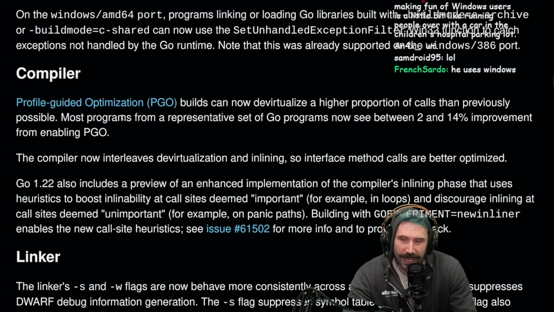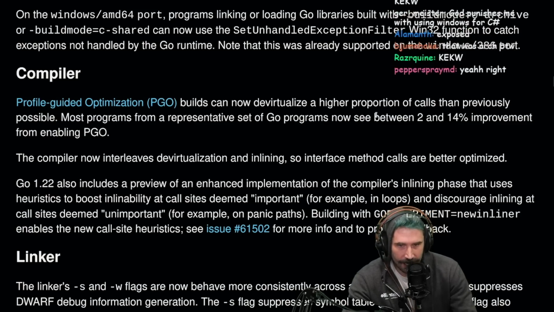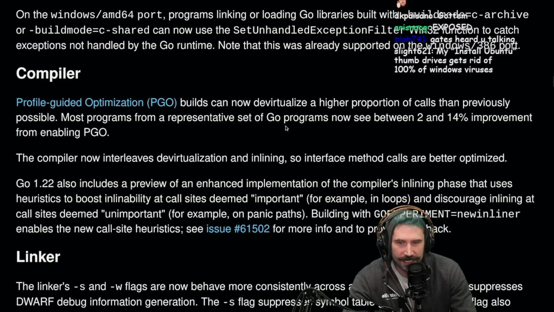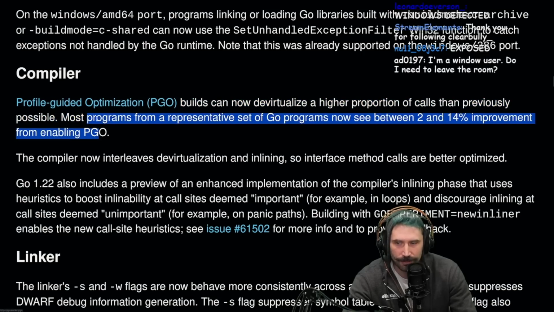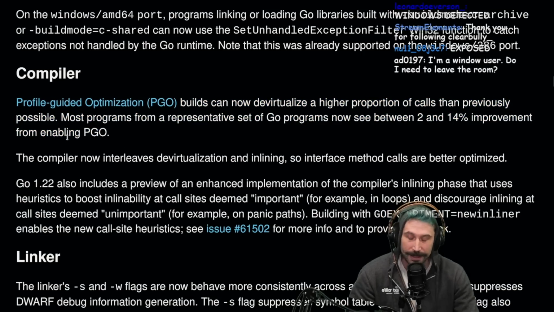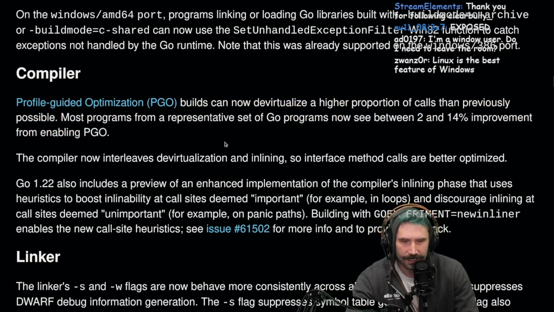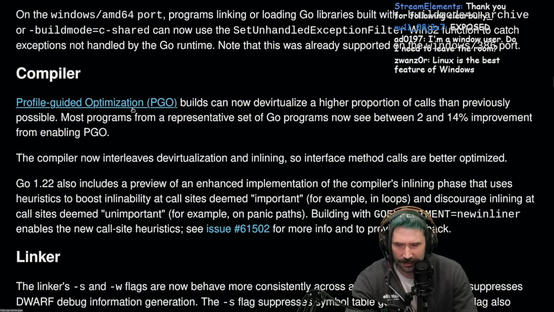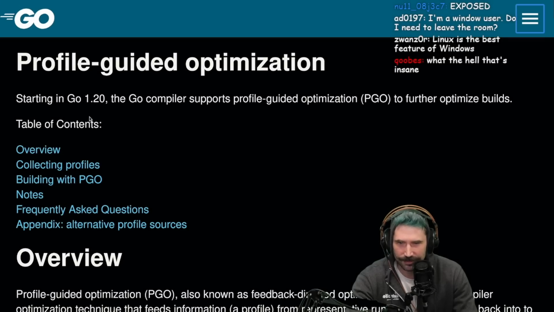We're moving on. Profile guided optimizations: PGO builds can now devirtualize a higher portion of calls than previously possible. Most programs from a representative set of Go programs now see a 2 to 14% improvement from enabling PGO. Wow, that's cool, because that came out in 1.20, right?